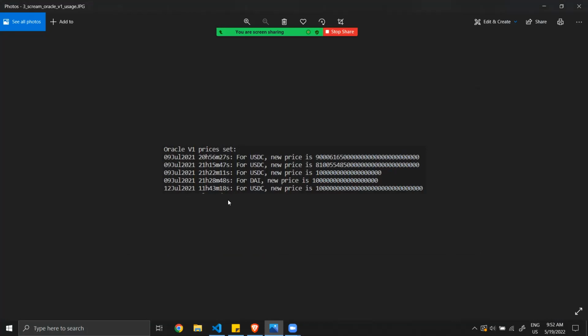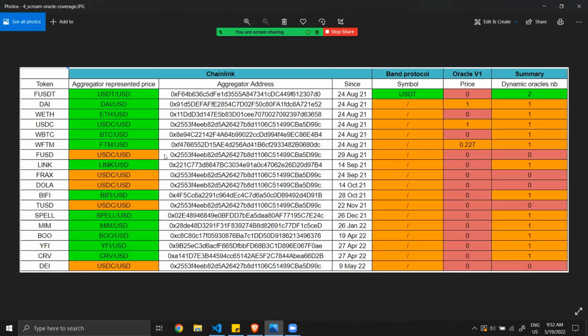So I've made a summary. The first column is for Chainlink, and here you have all the assets we studied. It's green when the aggregator returns the specific price of the token, and it's orange for FUSD, Frax, dollar, USD, and DAI.